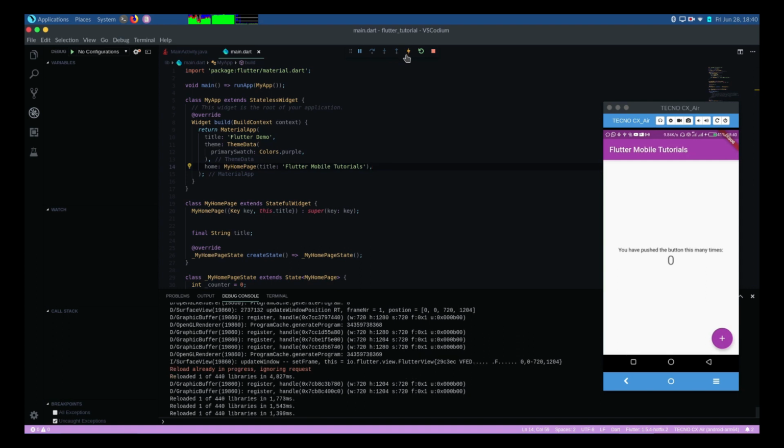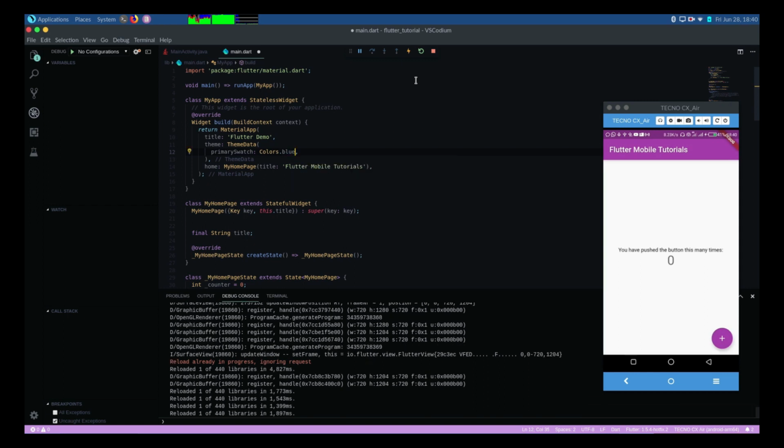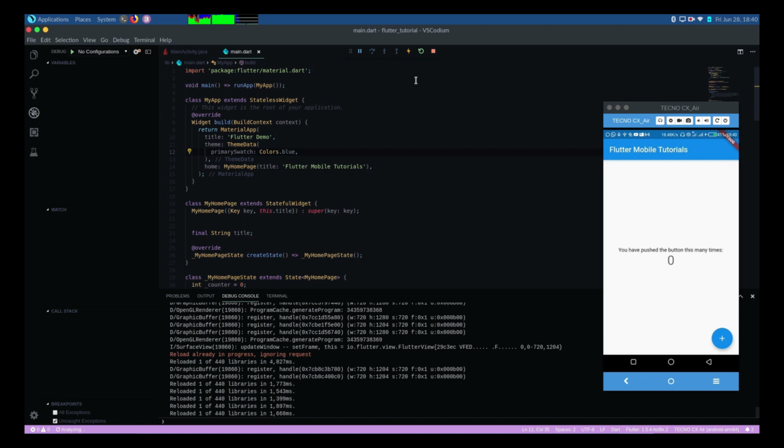Save. Okay guys, so let me turn this color to blue. Let me save. And so guys, that's basically it, and we're going to clear everything from this page,